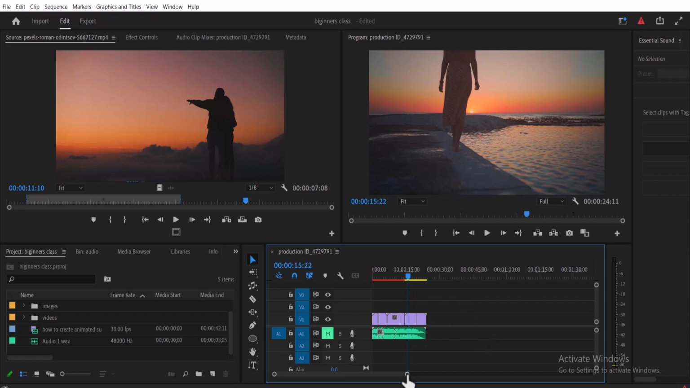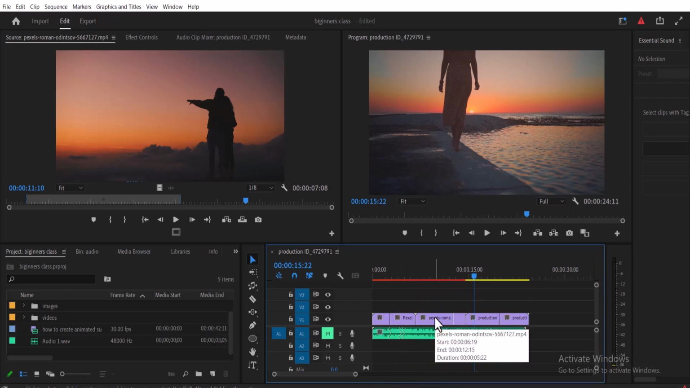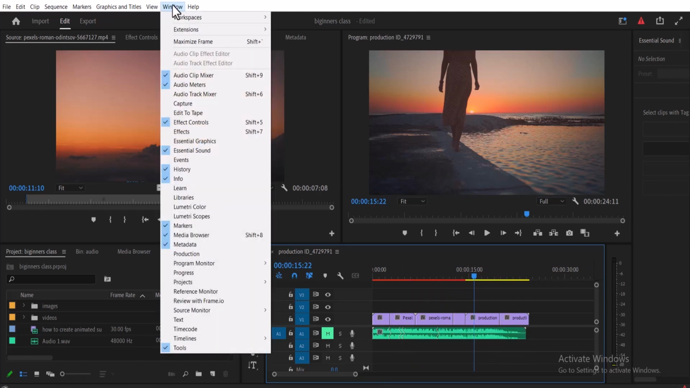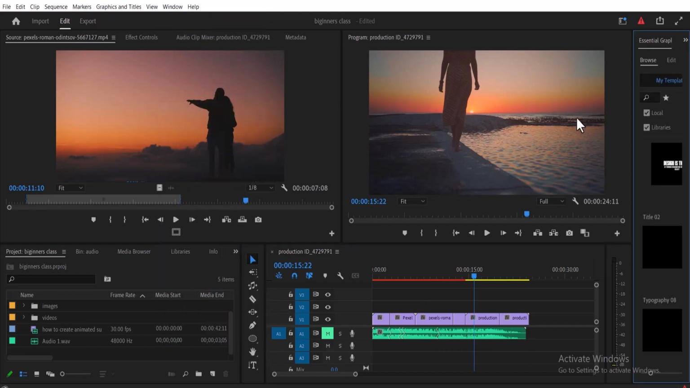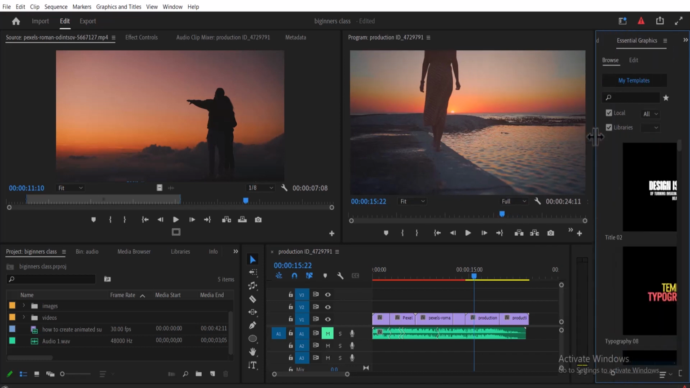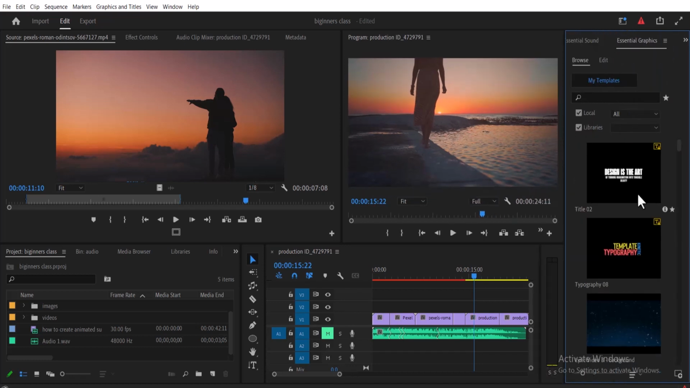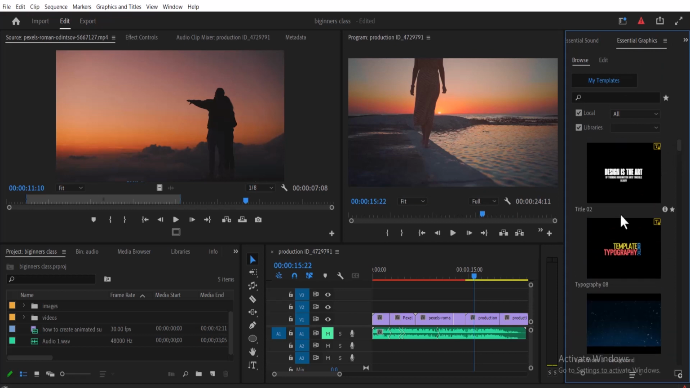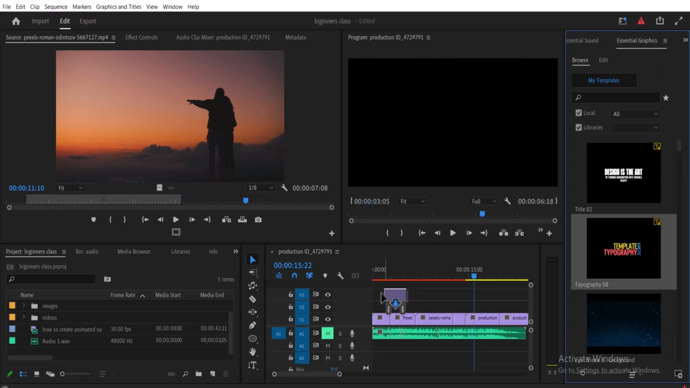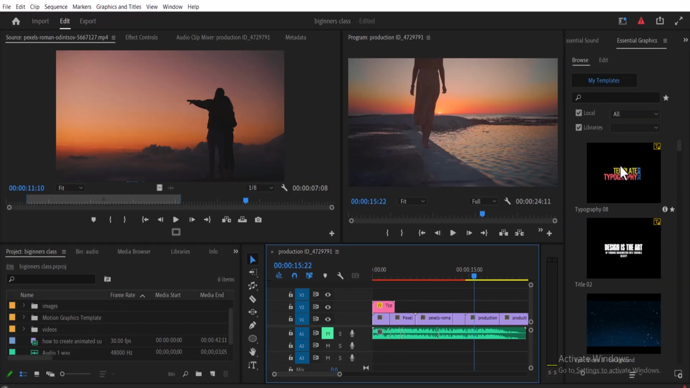Now the last thing I want to do is to add some graphics. So you can add some text, but I'm just going to come over to window over here and move down to essential graphics to find some graphics, and I'm going to open this tab to expand it to see some graphics template that Premiere Pro has created for us. We have some basic ones and we have some custom that I've brought in. So I'm just going to select this and just drag it onto my timeline,